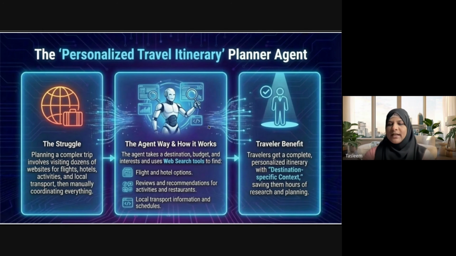memory so that it has the context, because it goes into an iteration loop. So it should have some memory to store the information, past information. So it will use all those things, and what it will do, it will book a flight, hotel, everything based on your options or your instructions or your constraints, and then it will review and recommend the activities and restaurants